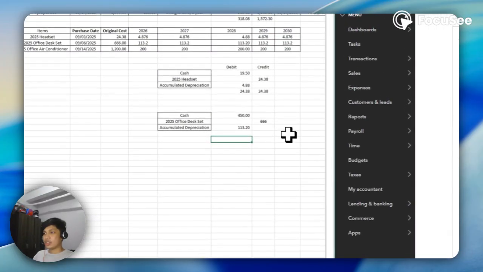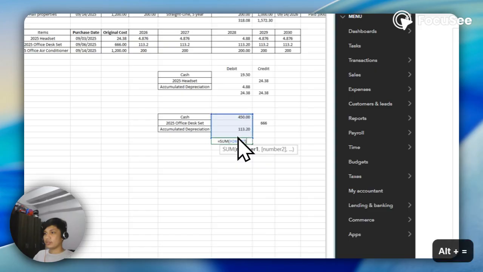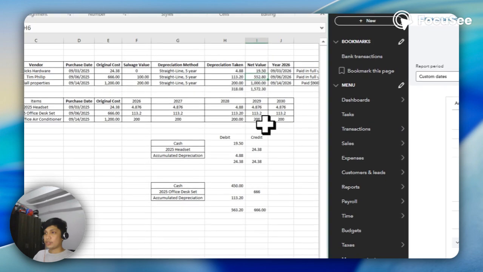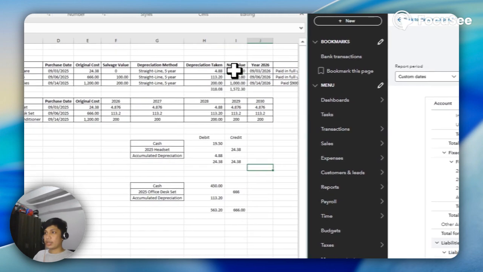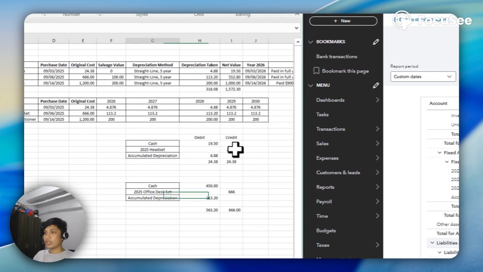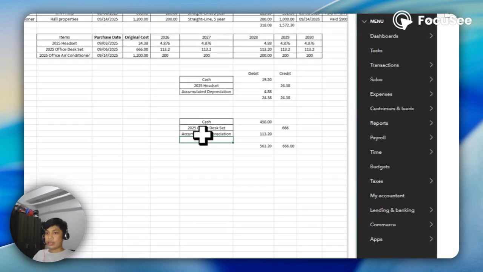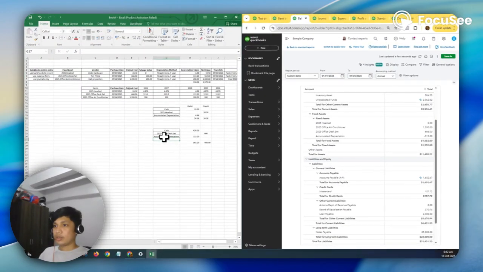Let's check if it's balanced. As you can see, it is not balanced because we did not sell the office desk at the net value. I will add another account to balance this. We call this the gain and/or loss on sale of asset.